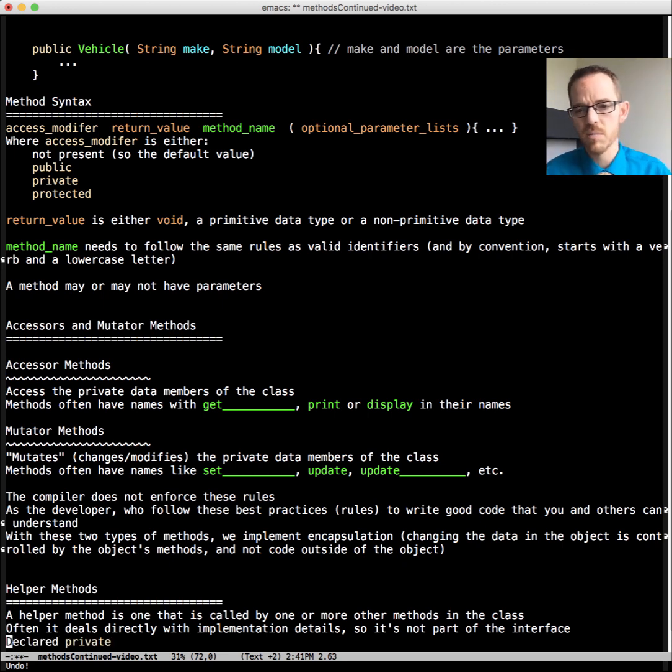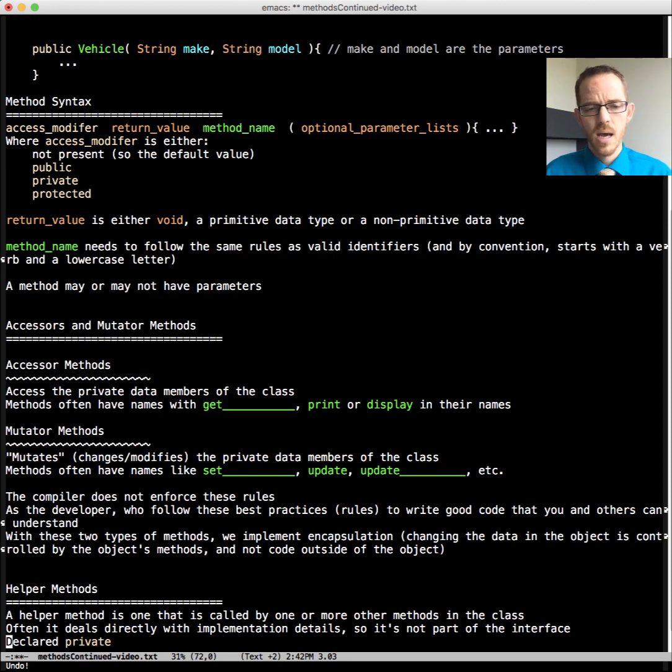So they're often declared private, but as you find you're having code in two or more places, or you have a method that's getting very long and you want to break it up and make it more readable, then this is where a helper method can come into play, and you just make it private. Some companies have naming conventions, for example, that they start each of the method's names with an X underscore and then the name, so that some of these characteristics are readily obvious, but these are just conventions in place.